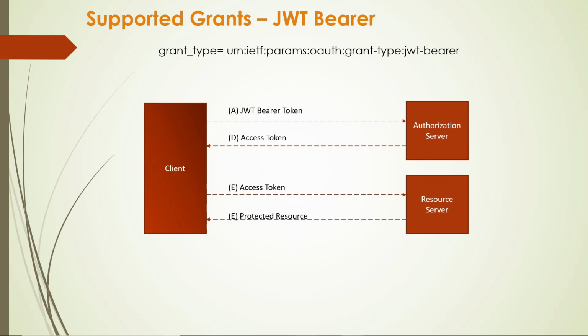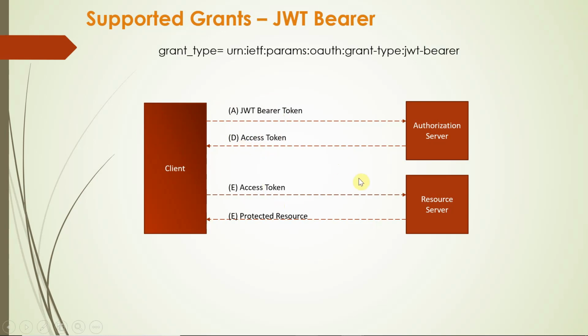Here, if you see, the client itself is forming a JWT bearer token. This JWT bearer token will be created based on some set of input data. Also this token should be signed by a private key, so that the authorization server can validate it and provide the access token. So once the client has created the JWT bearer token, signing it with the private key, it can send it to the authorization server and receive the access token back.